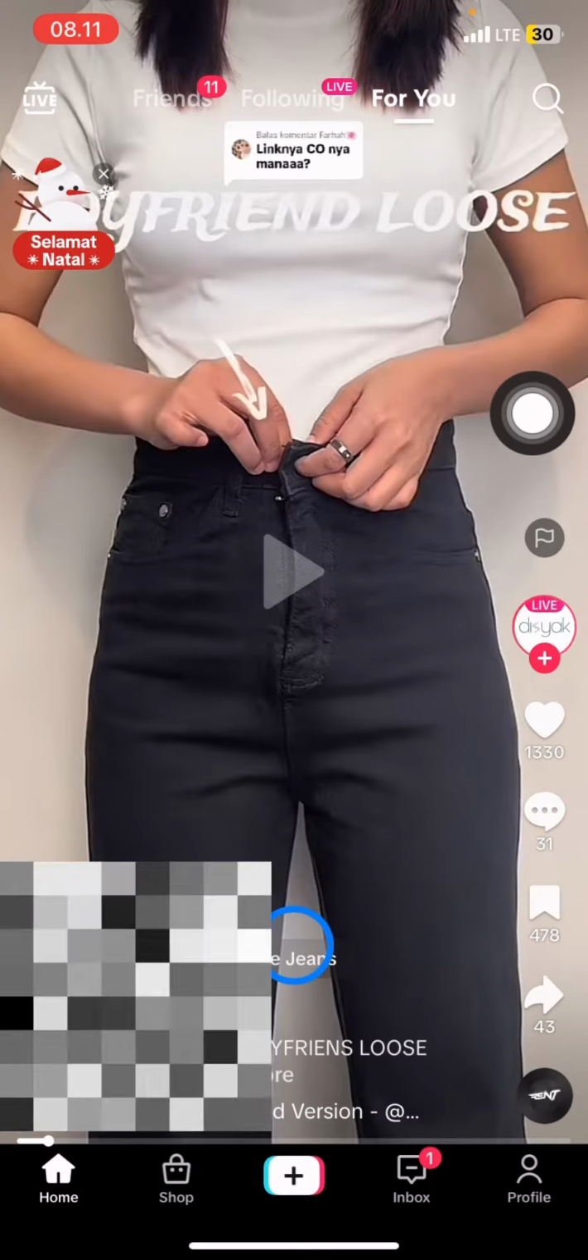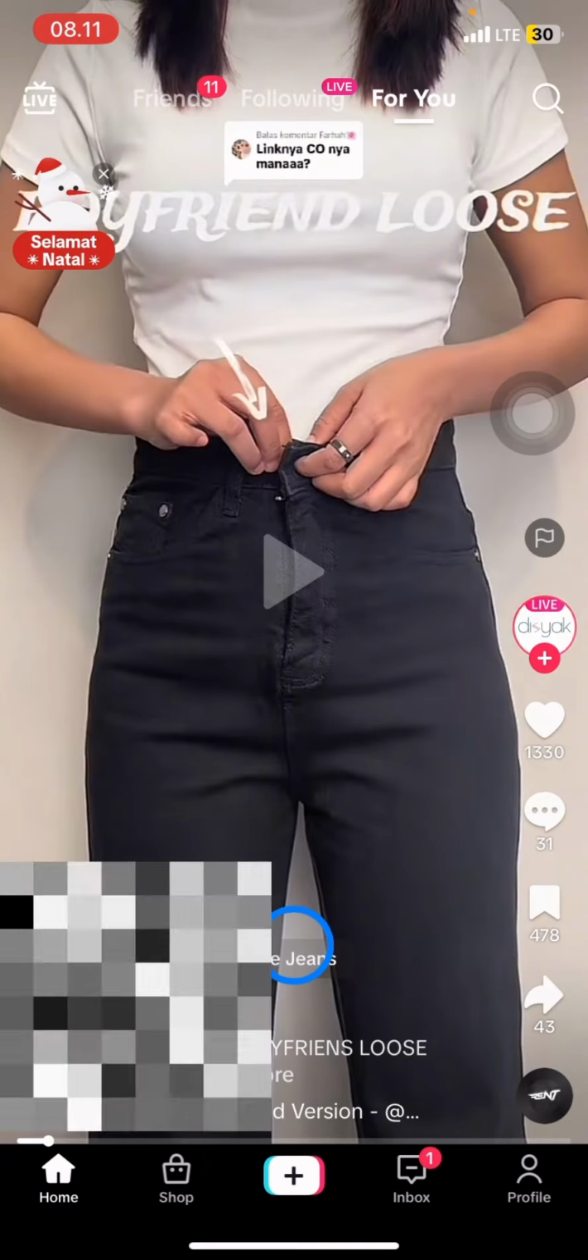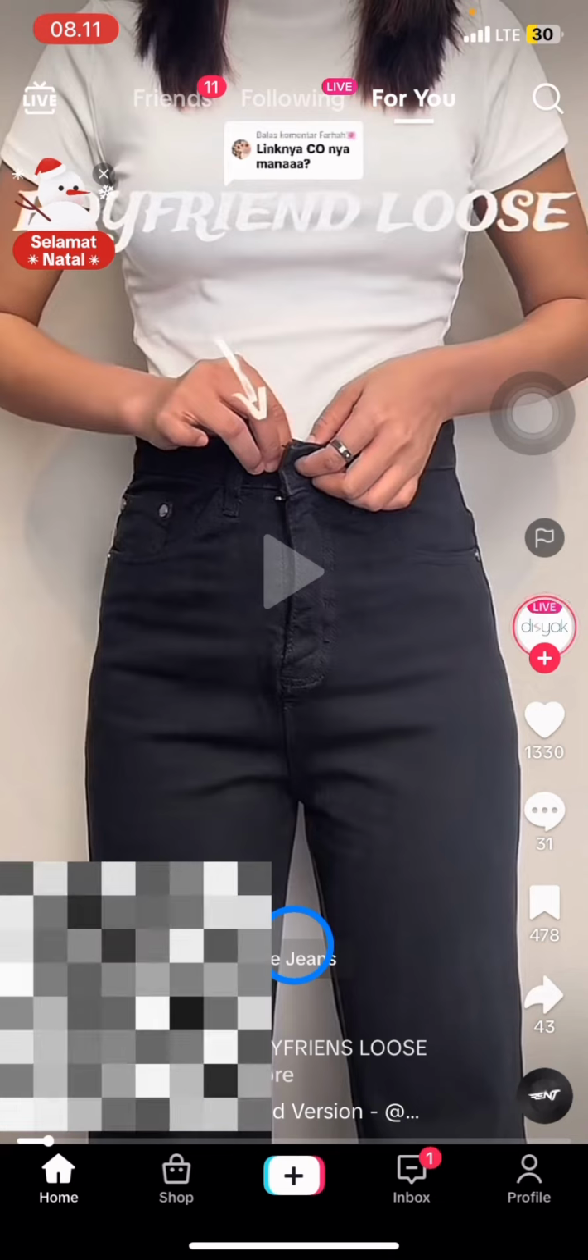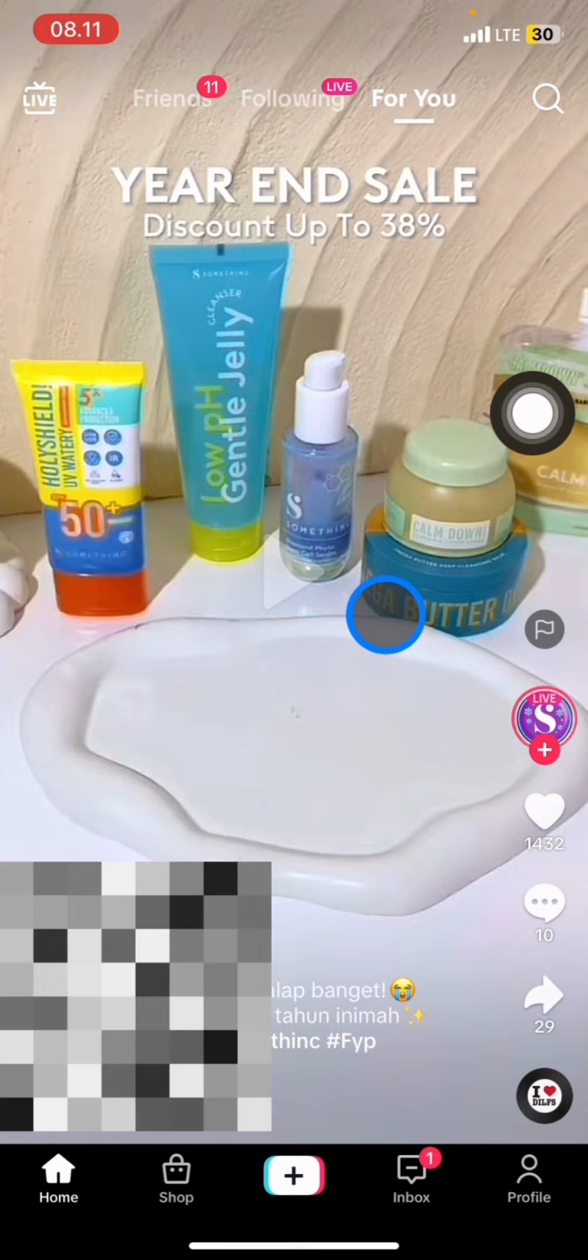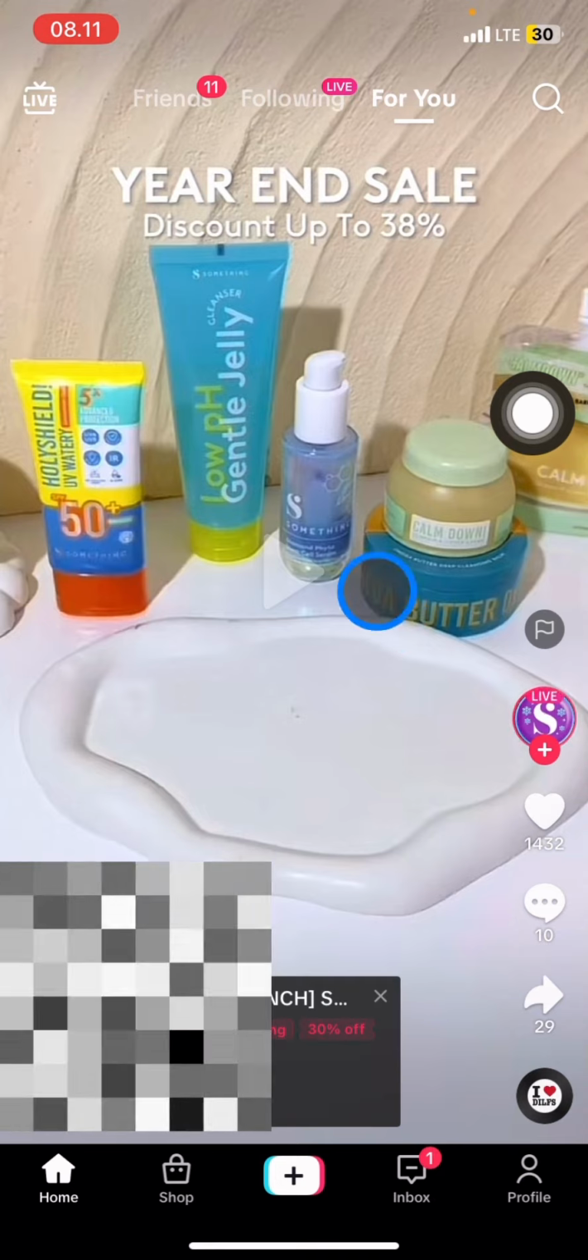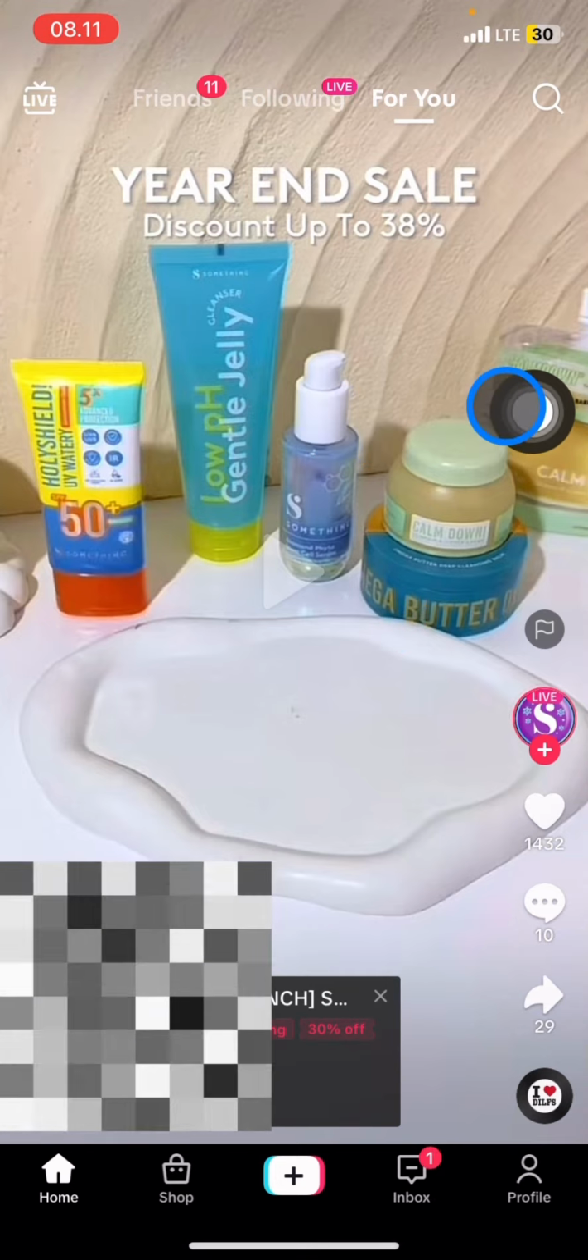There will be two ways. So the first way is you just need to click this home button on the down side in this left corner, and after that your TikTok system will refresh the content for you, so the newest content will